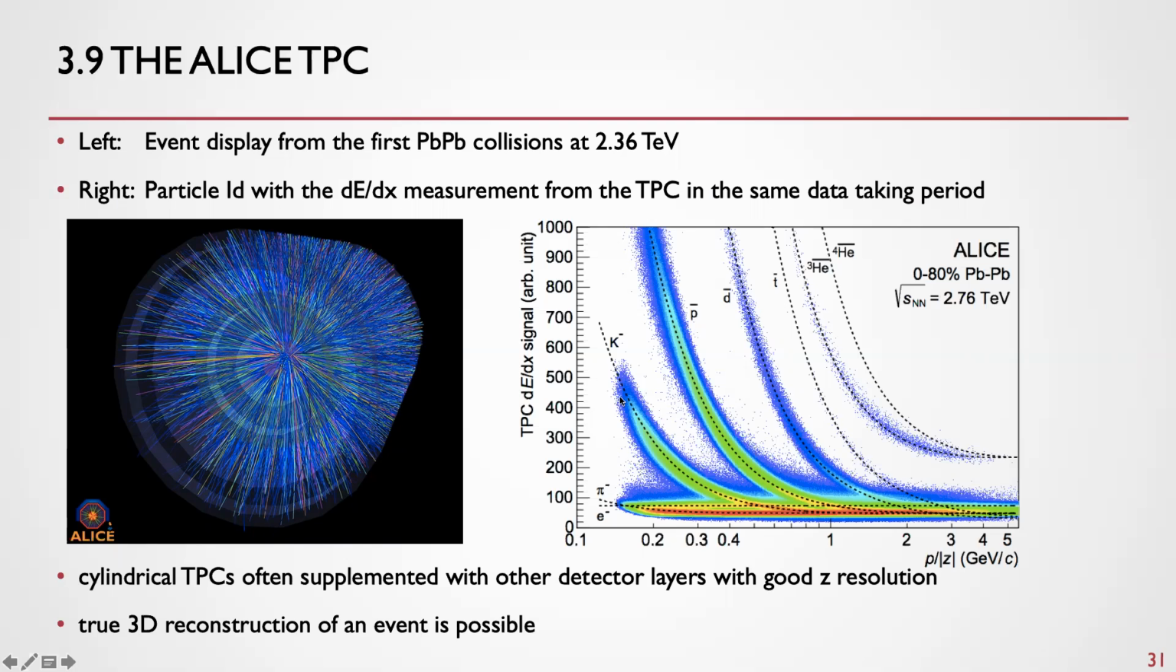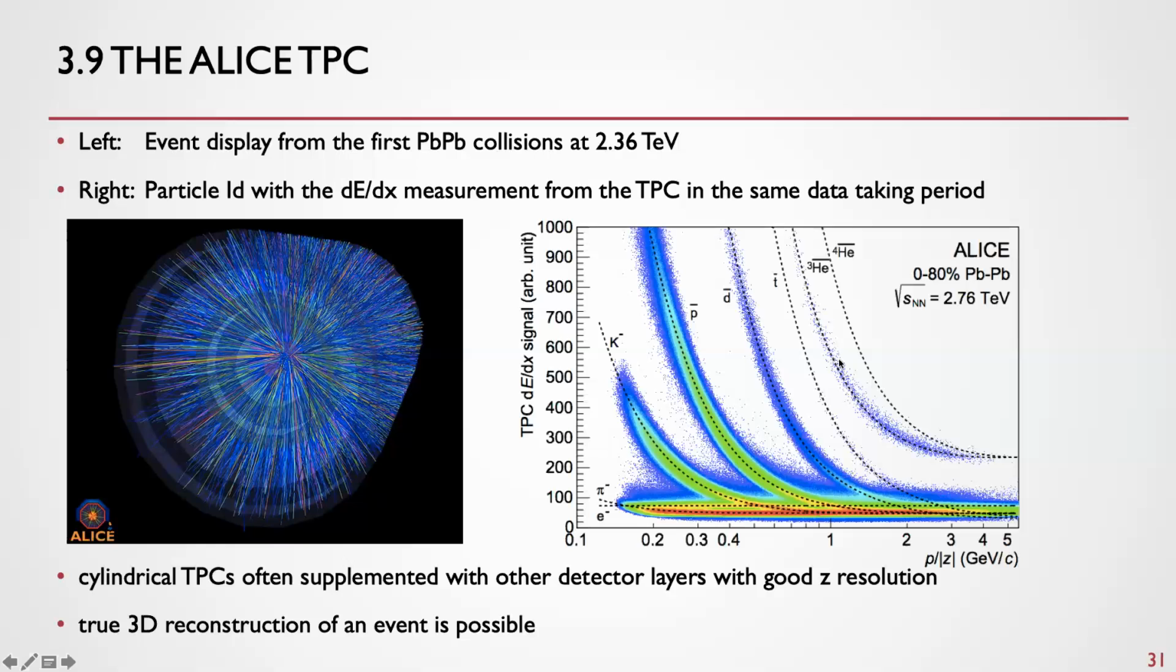Here it's shown for negatively charged particles: e minus, pi minus, anti-kaons, antiprotons, antideuterons, and antihelium-3 and antihelium-4. And I highlighted this the other time, we had 10 antihelium-4